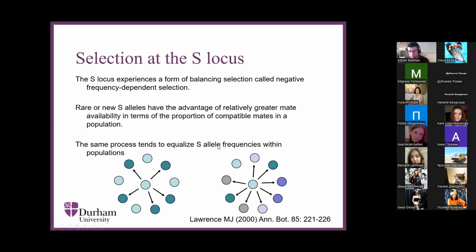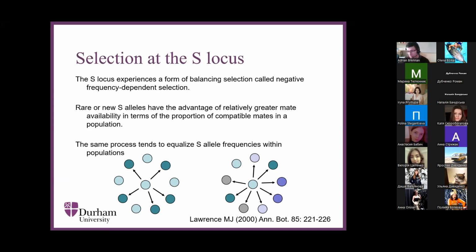The equilibrium situation under negative frequency dependent selection is that however many S alleles there are in the population, they'll all be at more or less equal frequency. But you can also see why this is an important driver of new S allele diversity. If you do manage to evolve a new S specificity, a new S allele, you'll be strongly favored when you're rare, and you'll spread in that population, and you'll also be favored to spread between populations by migration, because